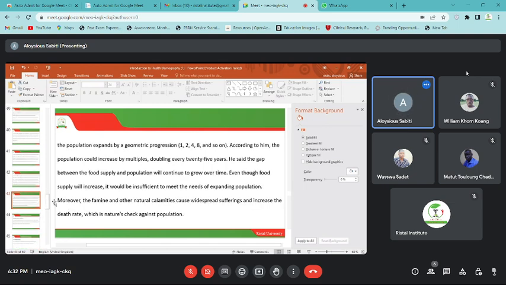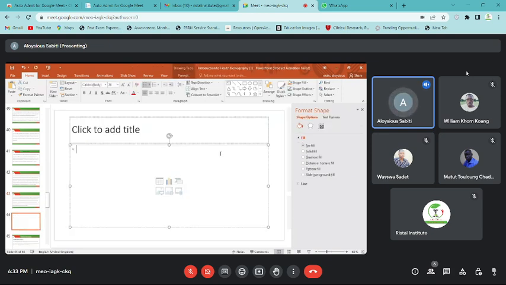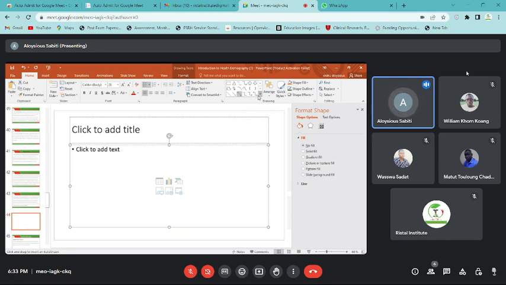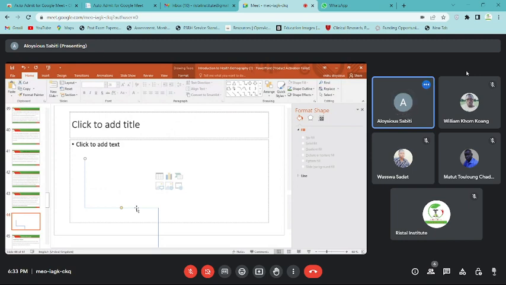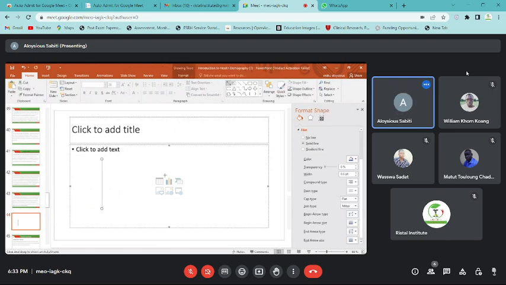If the population reached that trap, let me just insert for you here a slide. Malthus stated that if they are reached, if I could draw here for you, let me make a drawing here so that I could show you the graph, just a simple graph of what Malthus was saying. Let me use this one, and this is just a graph, and